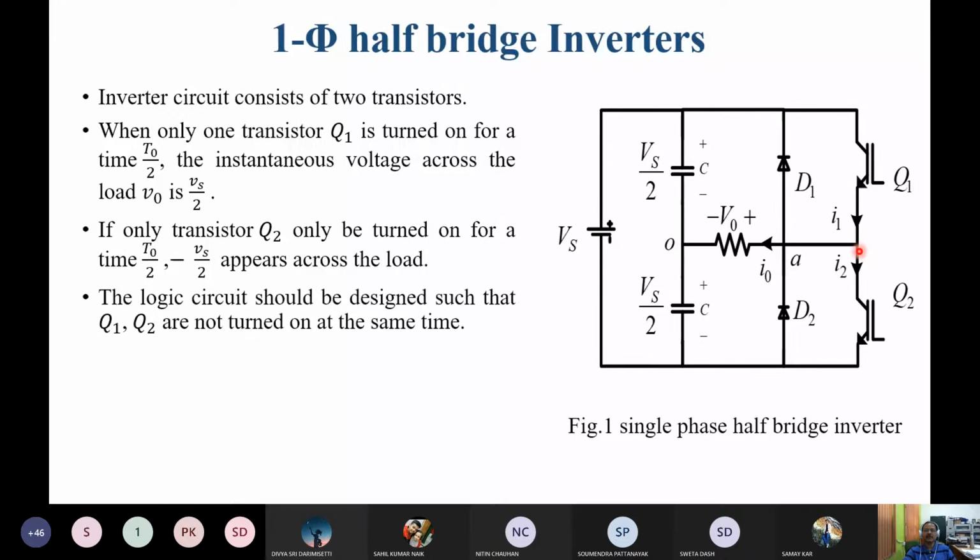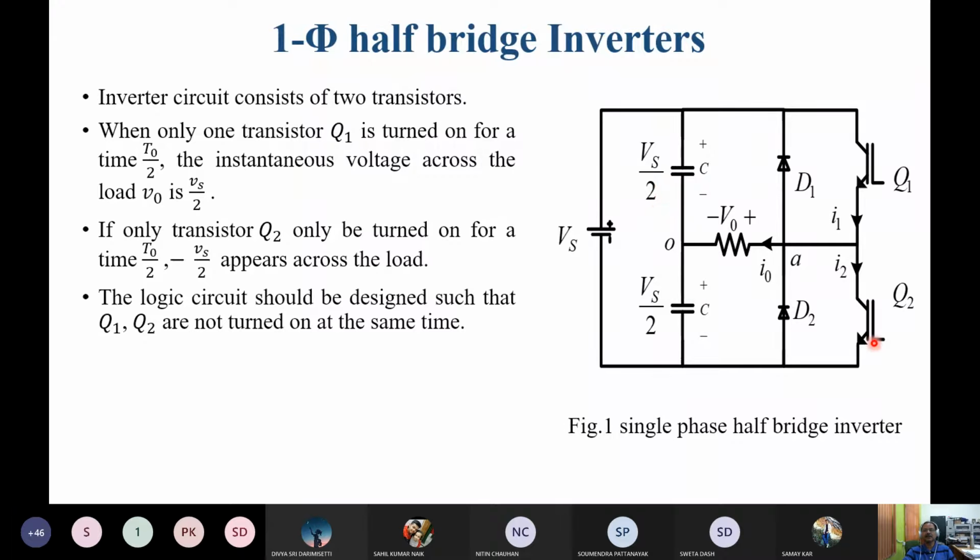Now, in the second half cycle, when this is off and this is on, the voltage polarity will change. This will be positive and this will be negative. So it is an alternating voltage. First mode, one is on. A resistive load is very easy. So Vs by 2,